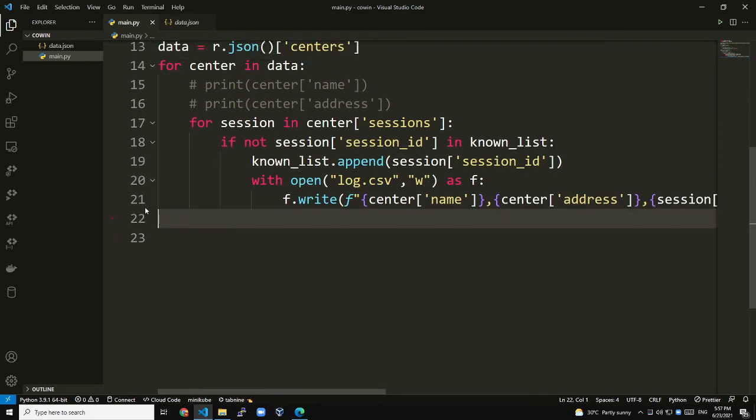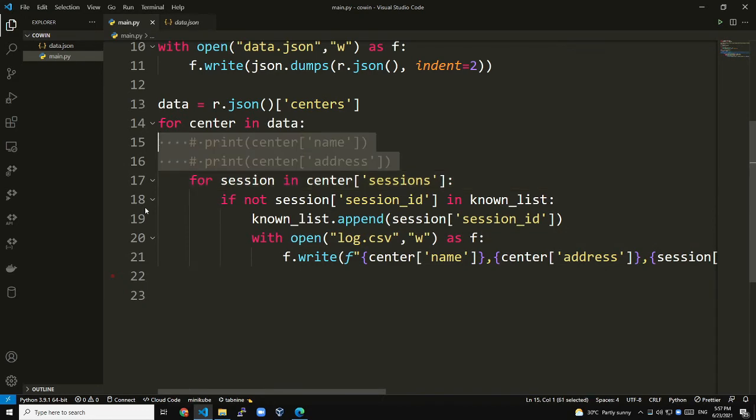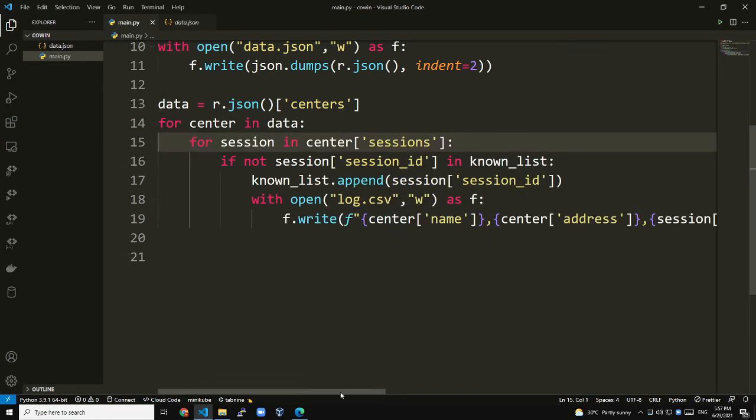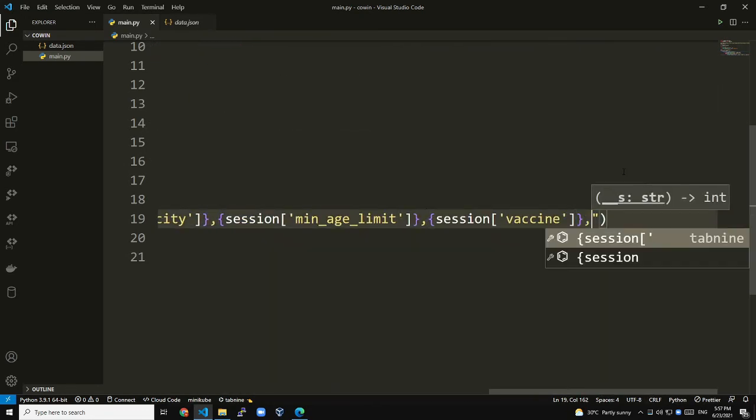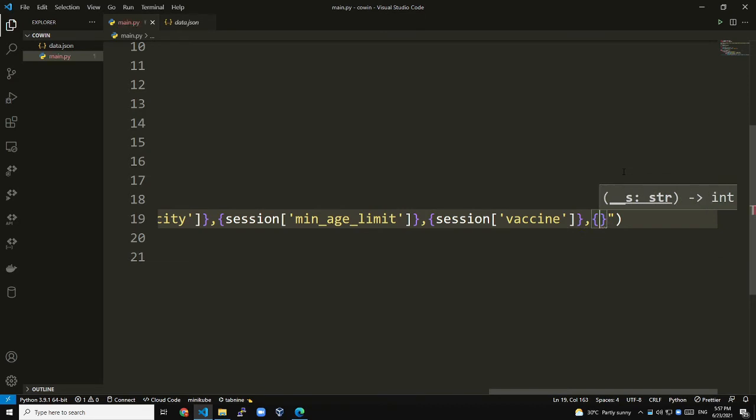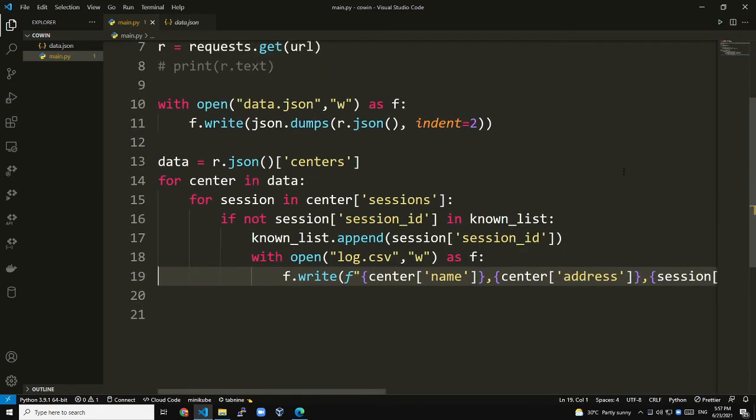So now we want to even add the date when it was added. Okay, so what we can do is add another variable. So we're going to call this now. Okay, so now what we can do is create